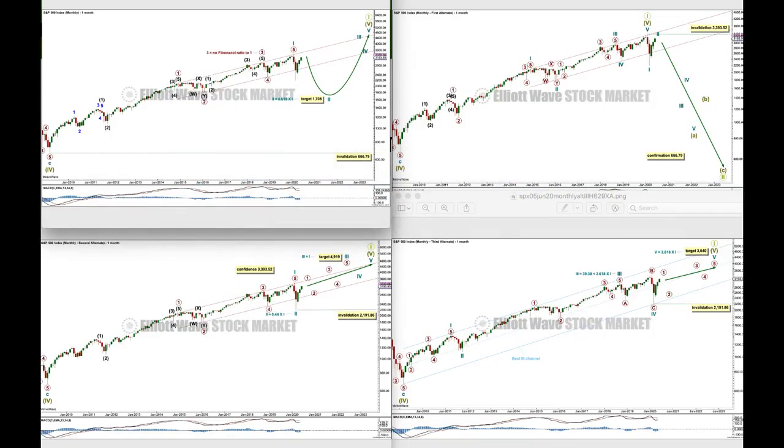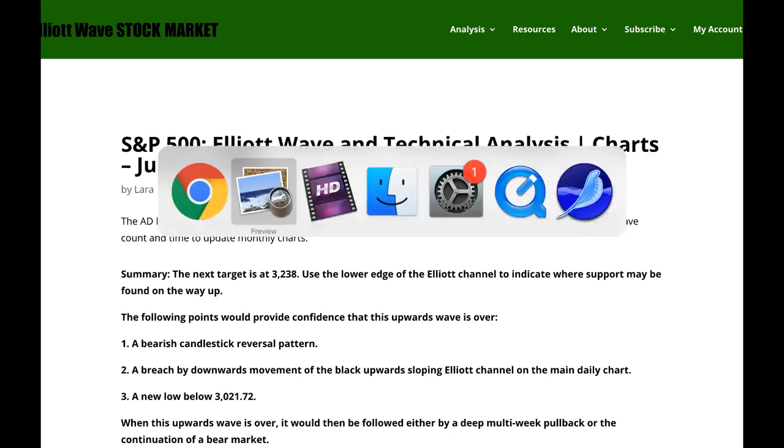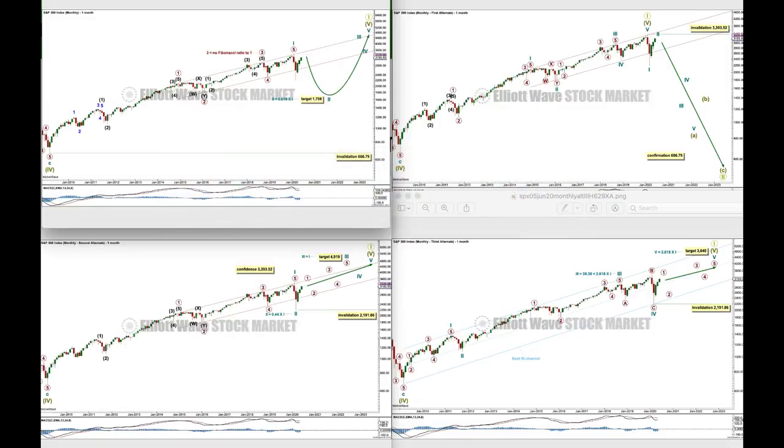We're going to look at monthly charts in a tiled format. I'm going to show you all of the monthly charts 1, 2, 3, 4 all together side by side. I want to look at the differences so that we can have a clear understanding of what the differences are. This is wave count 1, the main wave count, the first alternate, second alternate, third alternate. So I've got 4 wave counts ranked roughly in order of probability, with this wave count possibly the highest probability at this stage.